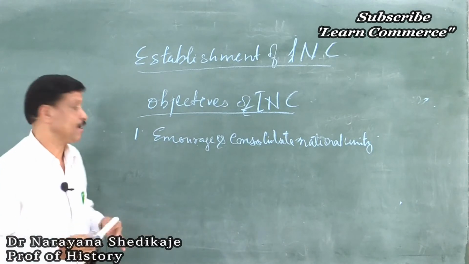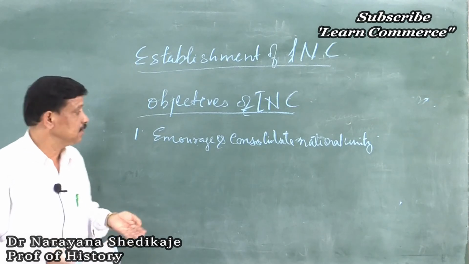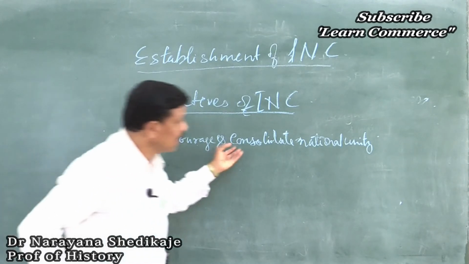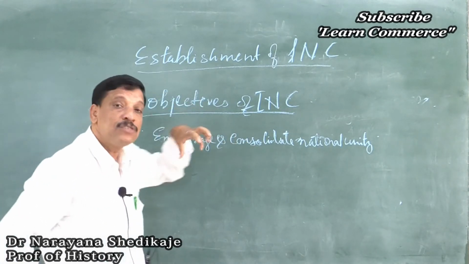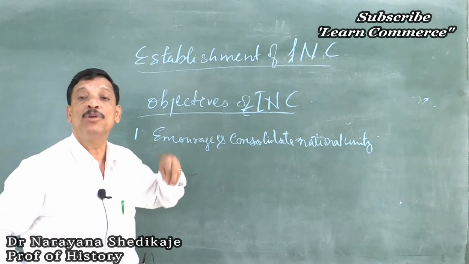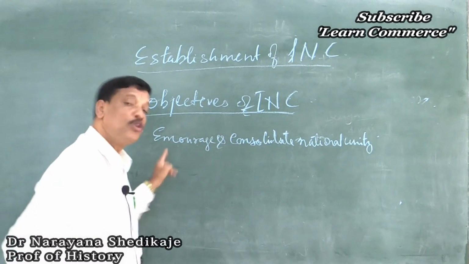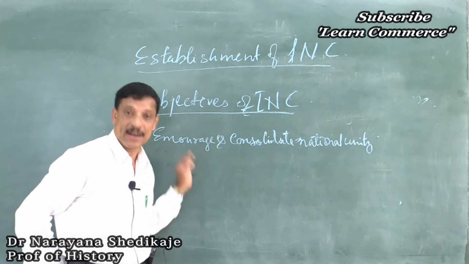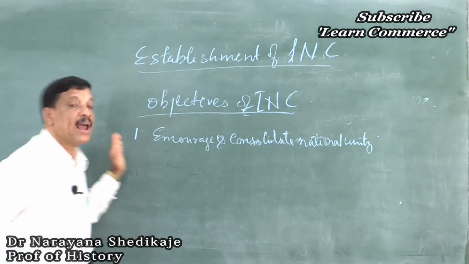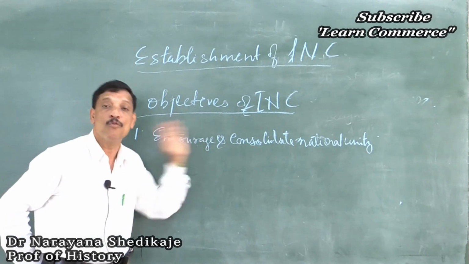Encourage and consolidate the whole nation to be organized under a single banner, and by consolidating that they should get unity. Only by getting unity do they get the power to fight strongly against the British. That is why the whole nation is to be organized under a single banner, and for that there should be encouragement, at the same time encouragement for the movement.